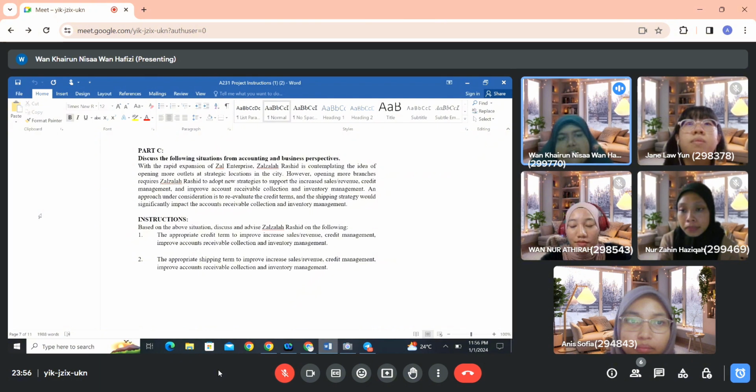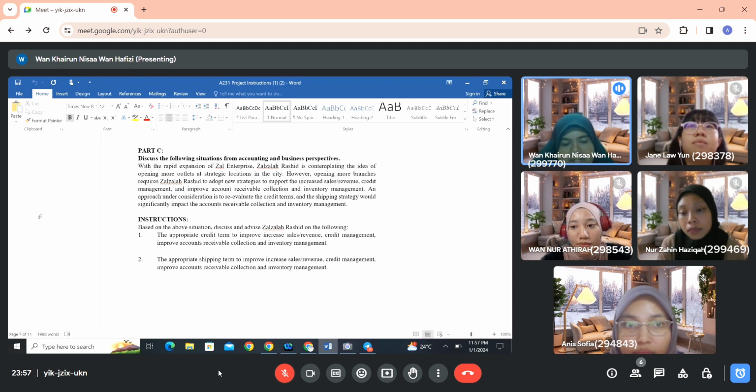For solving the second part, which is shipping terms, we must include appropriate shipment conditions. For example, we can provide free or heavily discounted delivery for large orders, or for specific regions, which might increase sales. Second, flexible shipping options can suit a range of customer needs by offering several shipment options including pickup, normal delivery and express delivery. This could lead to an increase in sales and customer satisfaction.